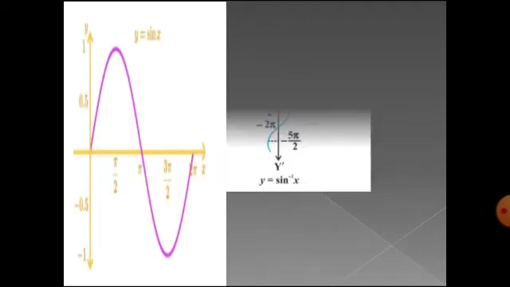That is x is pi, that is 180 degrees, and y will be the value 0. So like this, the same way it goes on continuing. For 3 pi by 2, y is equal to minus 1, and for 2 pi it is 0. So like this is the graph of a trigonometric function.